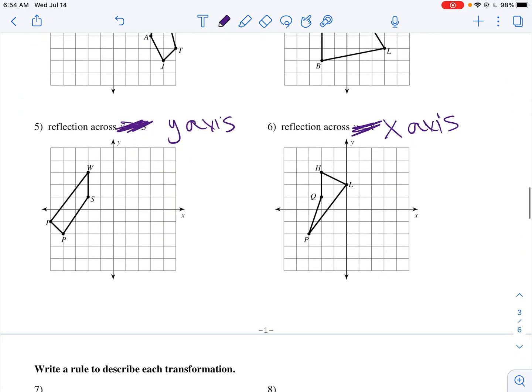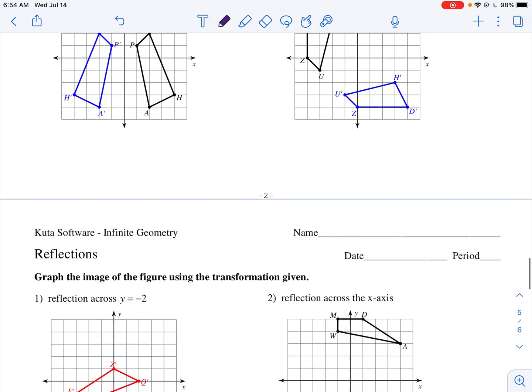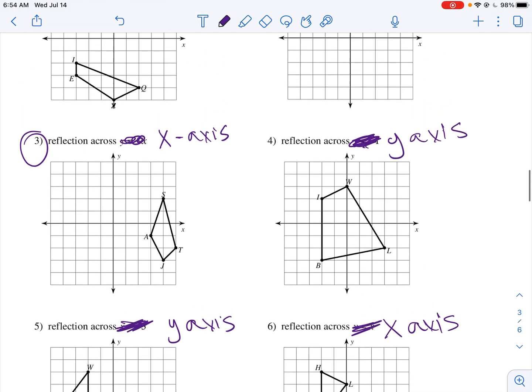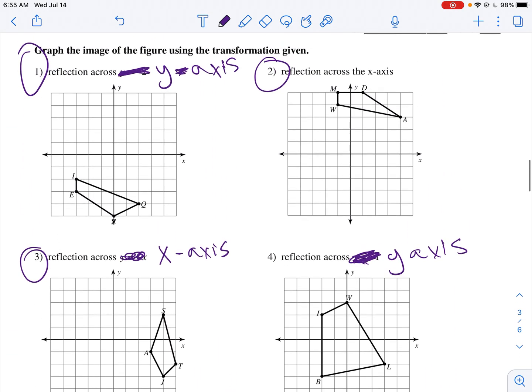Okay. So you're going to be doing 1 through 6 on the 3rd page. Okay. 1 through 6 on the 3rd page is what you're going to be doing. And then if you haven't finished any of the other stuff, you need to do